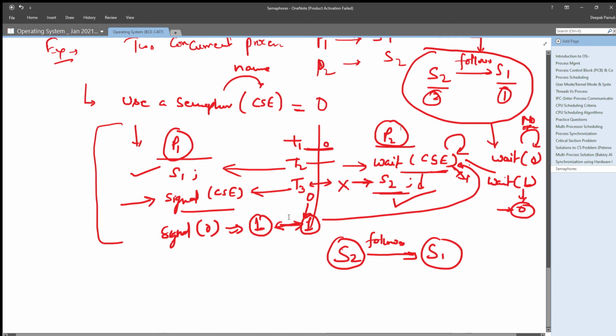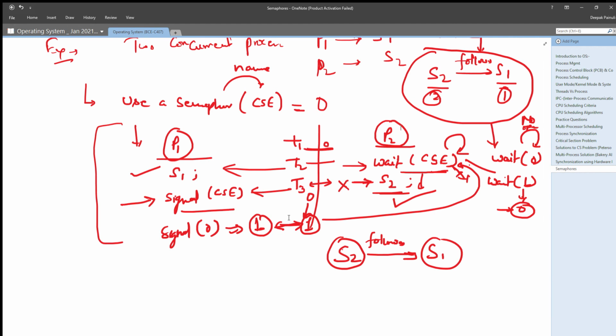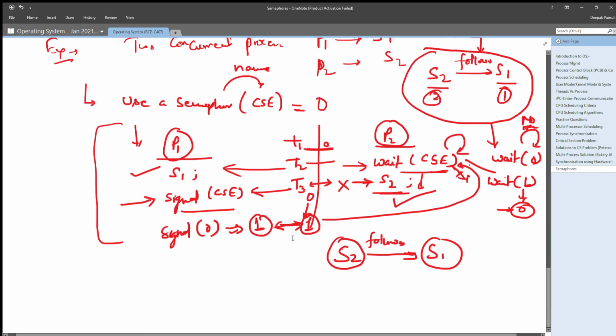So I think you got my point, that semaphore can be used for providing solution to the critical section problem or synchronization purpose, right?